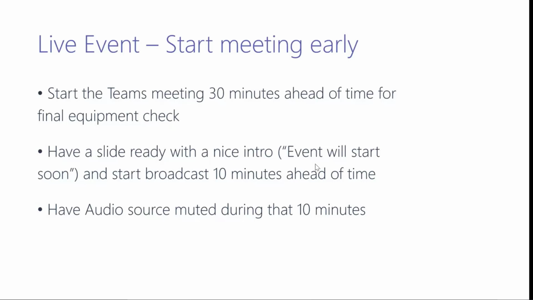You don't go live early, you just start early, so that at least the presenters and producers can have a discussion in the meeting. At that point, you're just simply running a Microsoft Teams meeting between presenters and producers. Once producers send this live, that's when attendees would see it, and that's when the meeting starts.